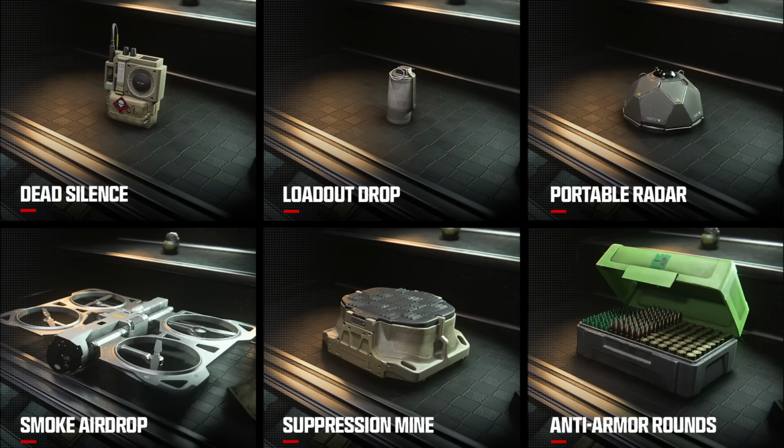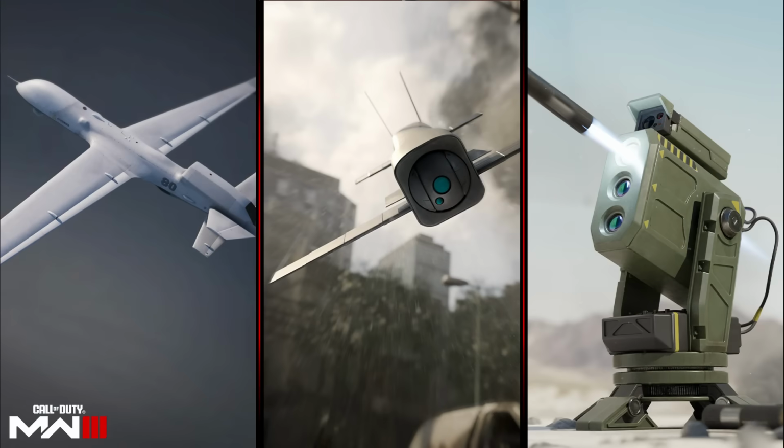Oh, by the way, that means they have dead silence and a perk that reduces footstep noise. That's pretty cool. Portable radar, smoke airdrop, suppression mine, and finally anti-armor rounds. I'm not exactly sure what that one will be used for. I'm guessing mainly Warzone. So then moving into our kill streaks, at 4 kills and 500 score, we have the